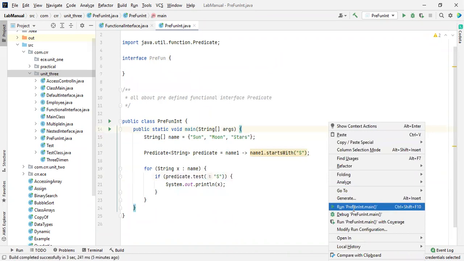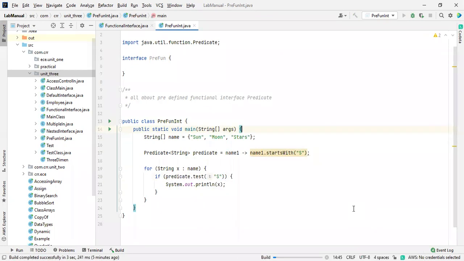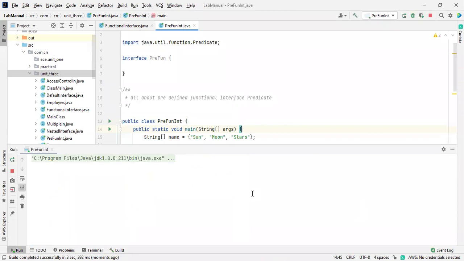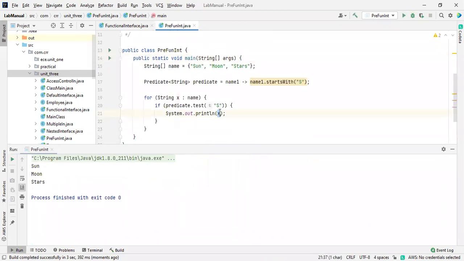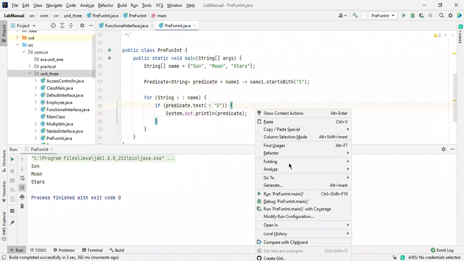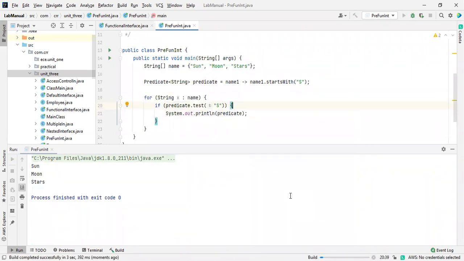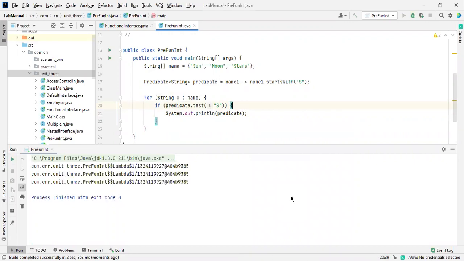Okay. Even I forgot that. It's okay. Why is it showing everything? It should not be like this. It should be like a predicate. What is going on, man?